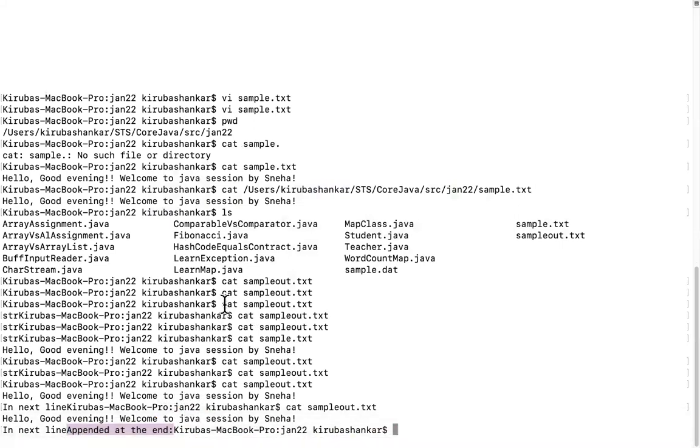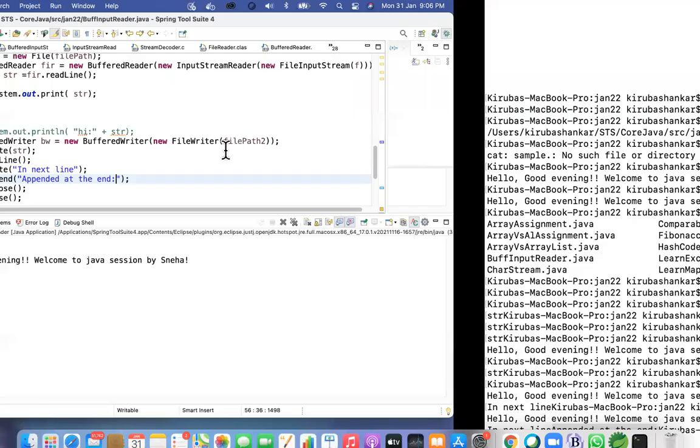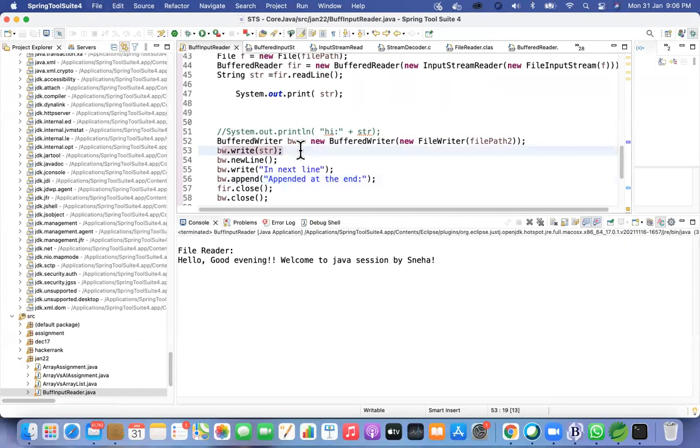Instead of writing, what happens without flushing is that your file will be a new file every time. It will create different files. If we want to append the data in the same file, then we use the append method.